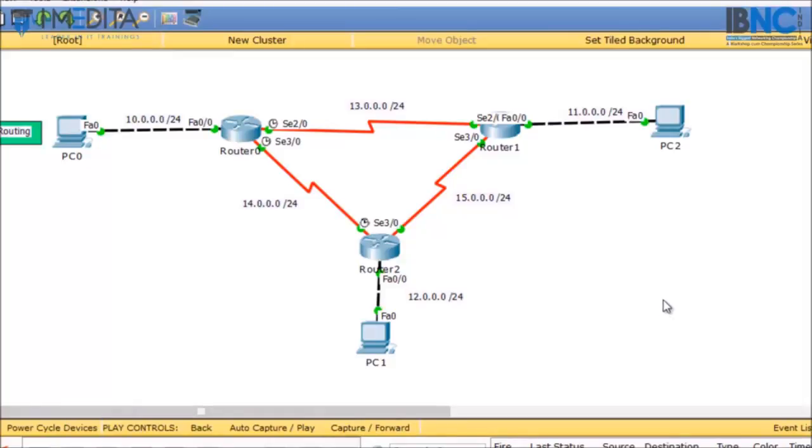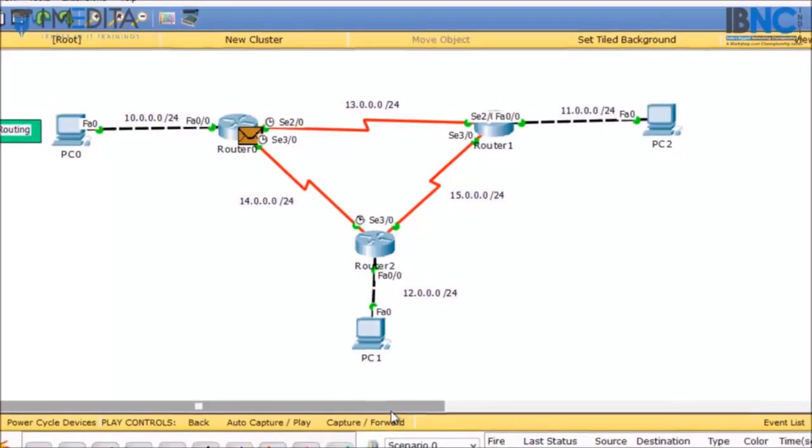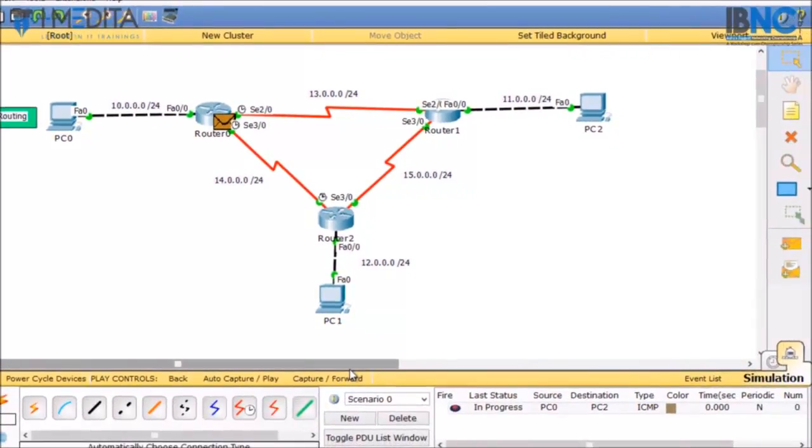So how the routing is performed in this scenario is, when we ping from PC0 to PC2 and the packet arrives at the router, the router looks in its routing table and checks for the destination. If it is available, then it will be forwarded to the forwarding router's address, and if it is not available, then the packet will be dropped. As we have configured the static routing, the packet will be forwarded to the next hop address, that is router 2.